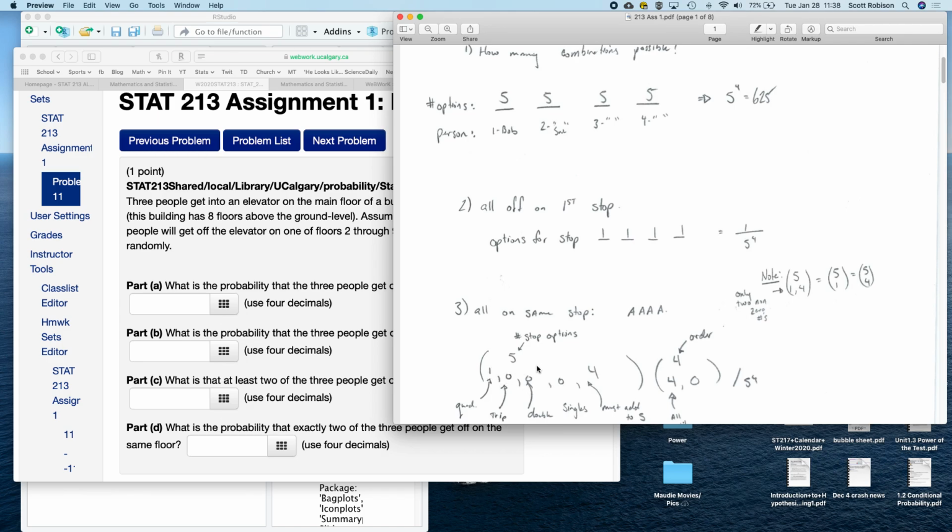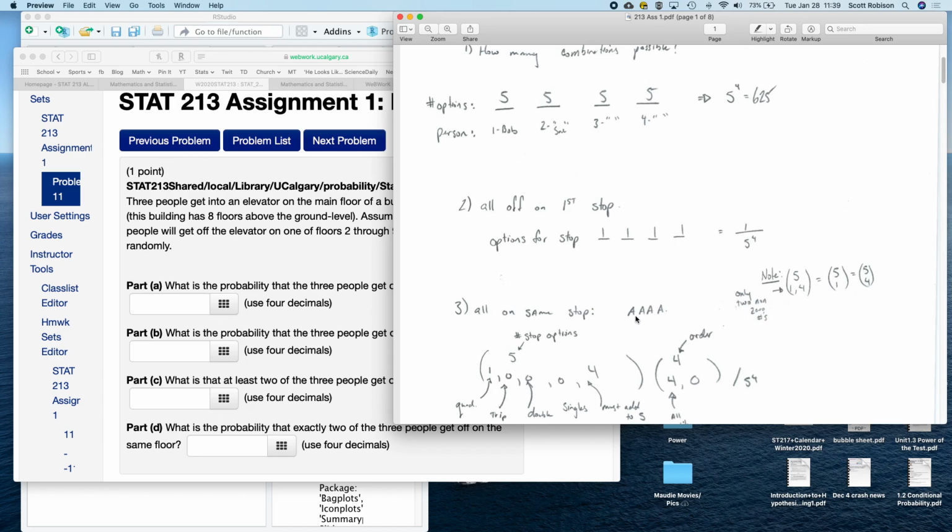And then here in the multinomial coefficient, you need all of the options in the second part here, this 1, 0, 0, 0, and 4, you need them to all add up to how many there are. So here, I just put in a 4 because I only had a 1 and I needed to add up to my total. Okay, so that is here